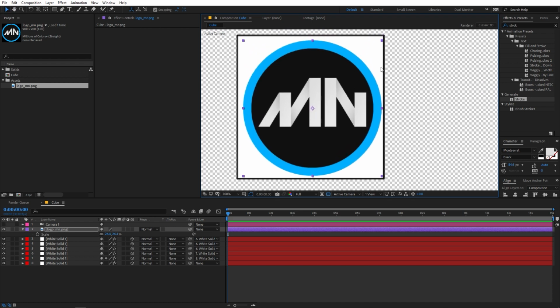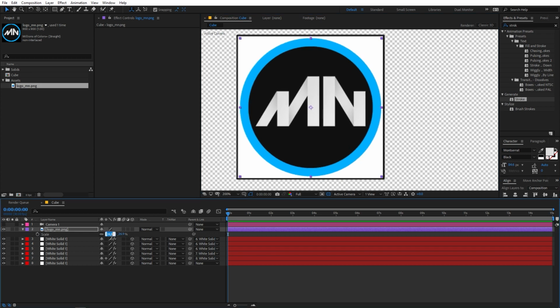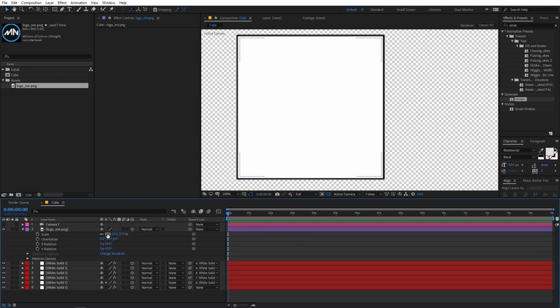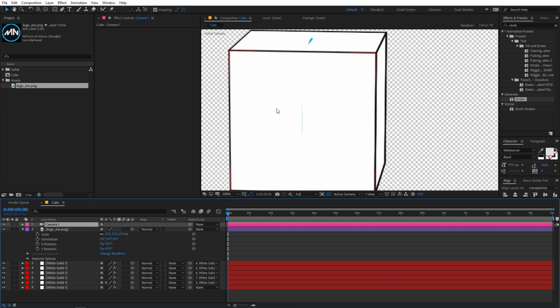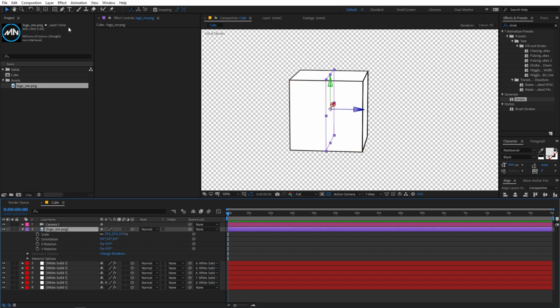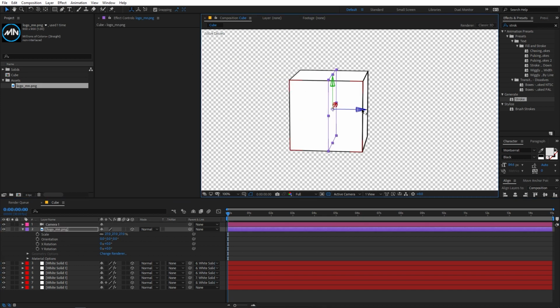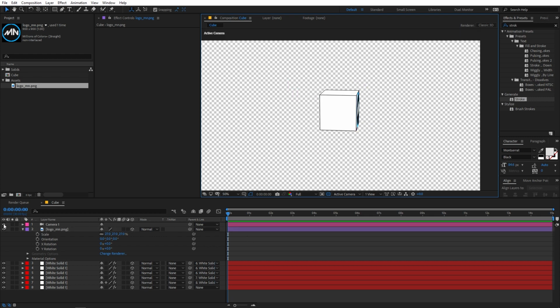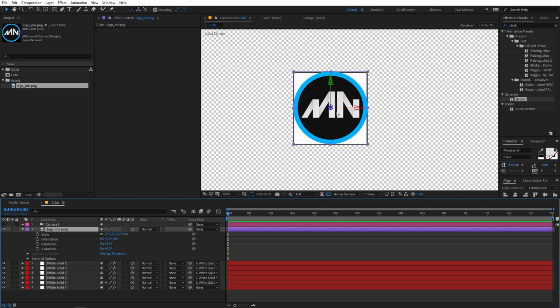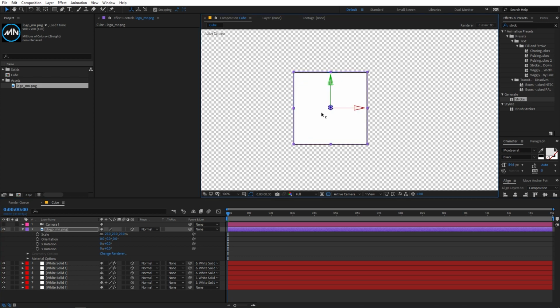So you can use arrow keys, something like this. So now if I set this to 3D as well, you can see that it disappears, and if we enable the camera, then you can see that it's right now in the middle. So we can probably select this and then just simply move it to the front just like this, or we can probably disable this and then just simply move it to something like this.